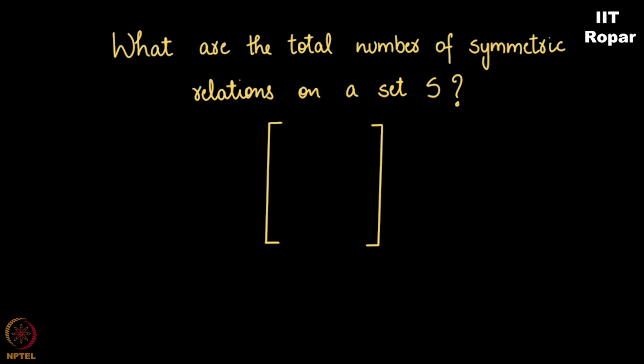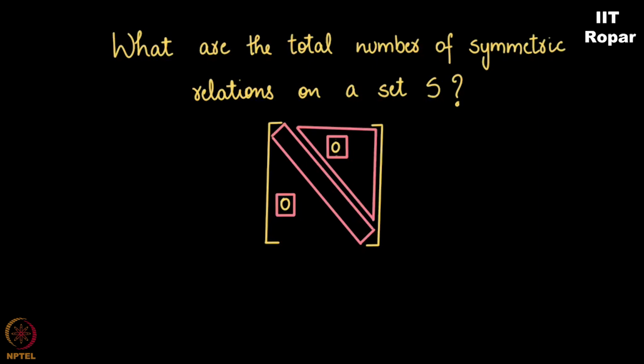But then whatever you write below the diagonal, let's say an ijth entry here, should be the same as the jith entry here. If it's a 1 here, it should be a 1 here. If it's a 0 here, it should be a 0 here. While the diagonal can be anything. So now you have your freedom to fill up whatever you want here, and things get fixed here based on what you fill here, right?